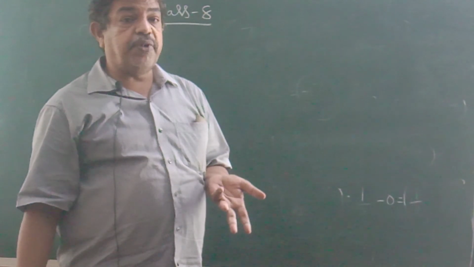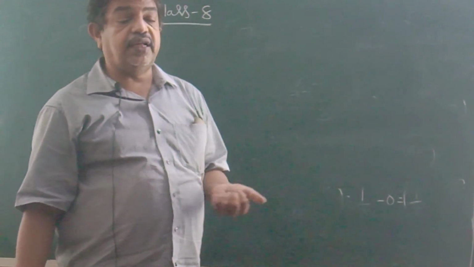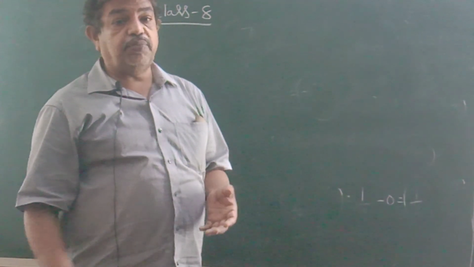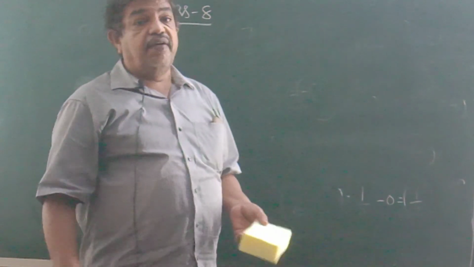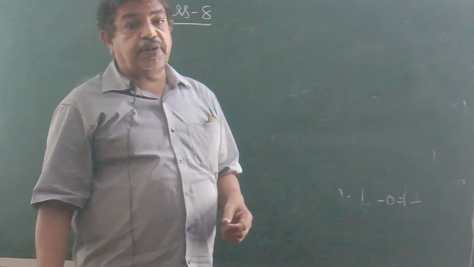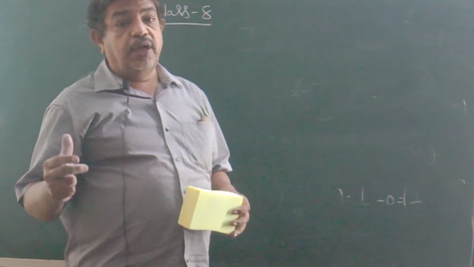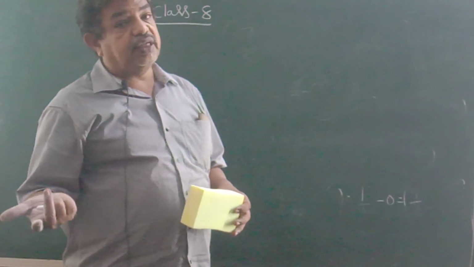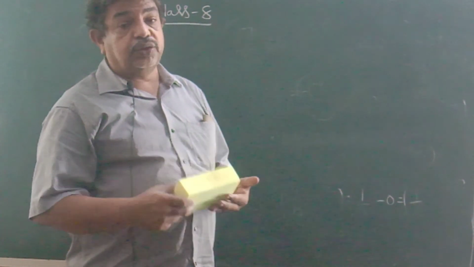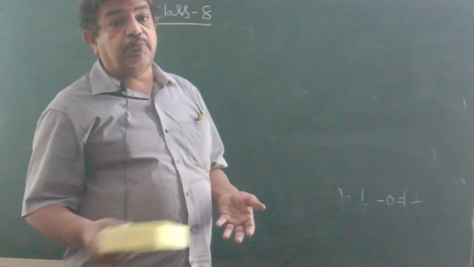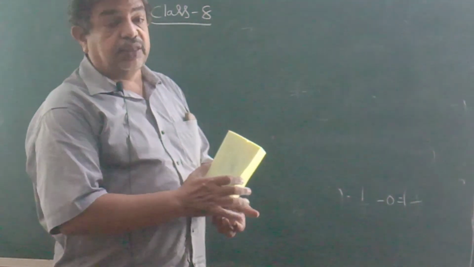In general, if a, b are two rational numbers, their difference a minus b must be equal to b minus a, but the result is not the same. Therefore, rational numbers do not have commutative property under subtraction. Similarly, we verified whether rational numbers have associative property under subtraction or not, that is, whether a minus b minus c is equal to a minus of b minus c. The result is not the same. Hence, rational numbers do not have associative property under subtraction. Similarly, we verified rational numbers do not have identity property under subtraction.